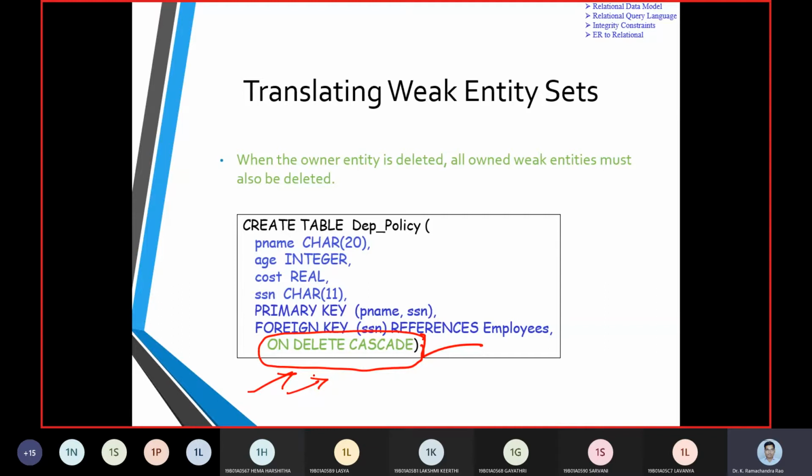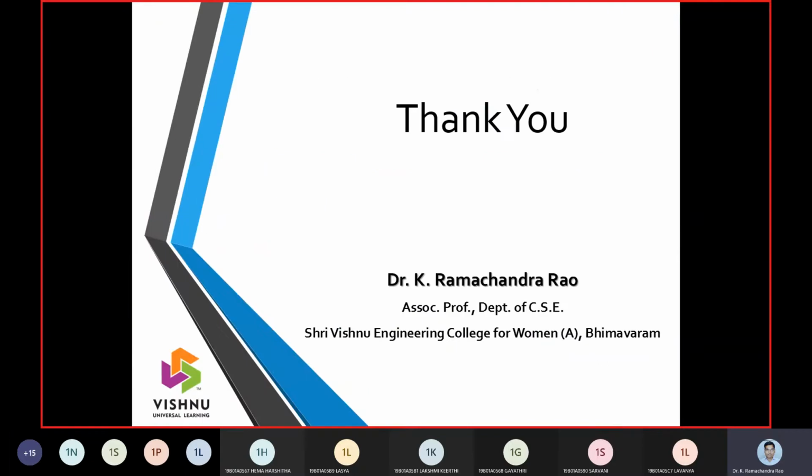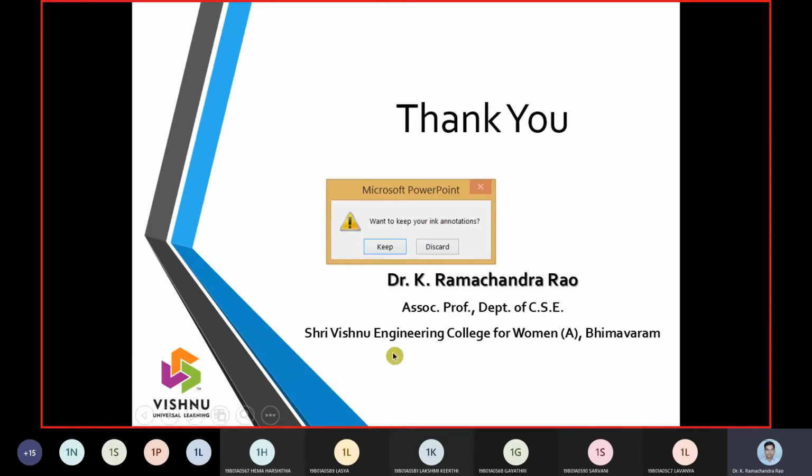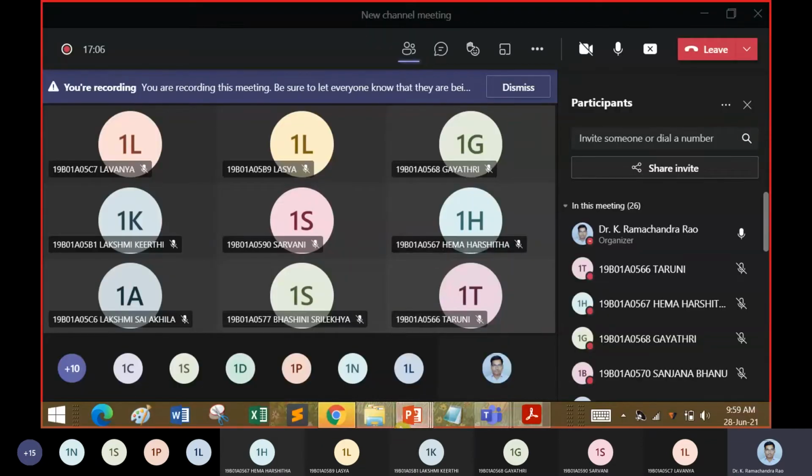That means once an employee has been terminated, the dependents are also terminated. If one item is deleted, the dependents on that item are also deleted. So we use a reserved word called ON DELETE CASCADE. Once an entity is deleted, the things dependent on it are deleted. That is how we translate the items as weak entities.